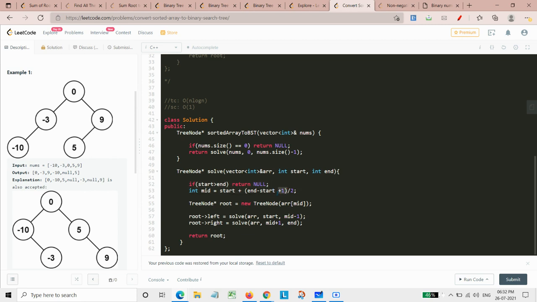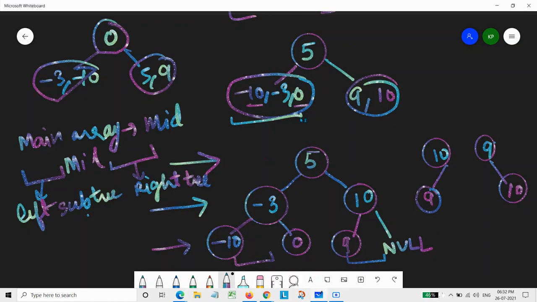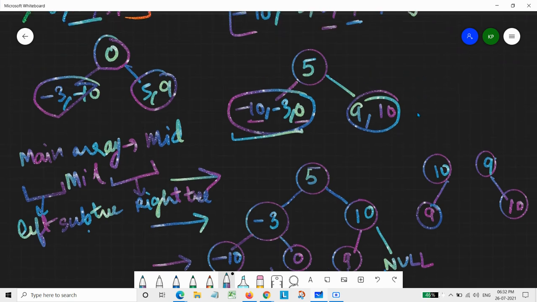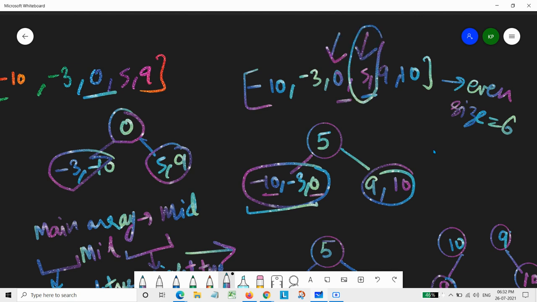Here I have also taken care of the portion which I have earlier explained, that when we are given an array where we are having basically an even number of elements, that is here it was even, its size was simply 6. So rather than choosing this element, we were choosing this element.